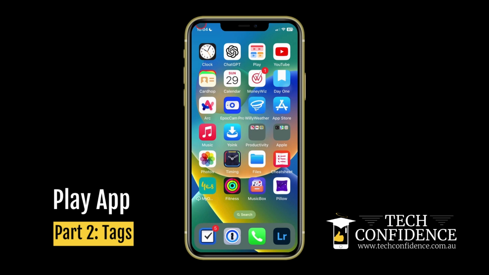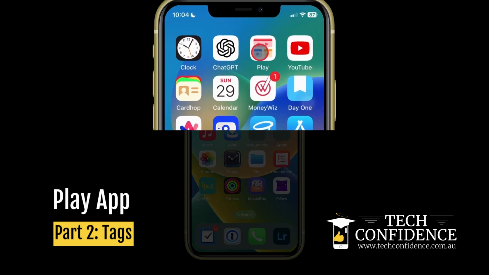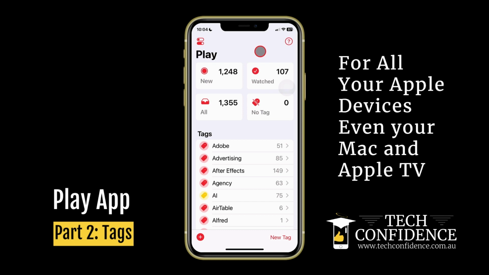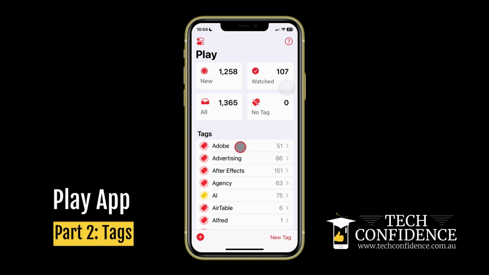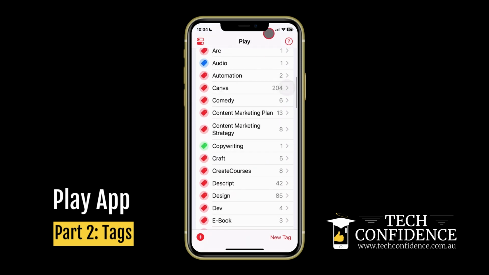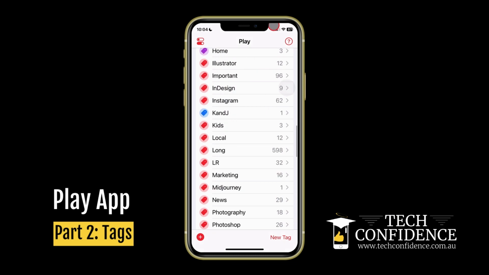All right, so I'll just jump over here into the Play app, and that's what the icon looks like for the app. And tags are basically just a way to categorize things. So anything that I've got coming into the Play app, as you can see, there's not one video in here that isn't tagged because that makes it easier to find a lot of your videos later on. So you can see here, I've tagged all my videos, and the example we're going to focus on today, if we scroll all the way down to the bottom,